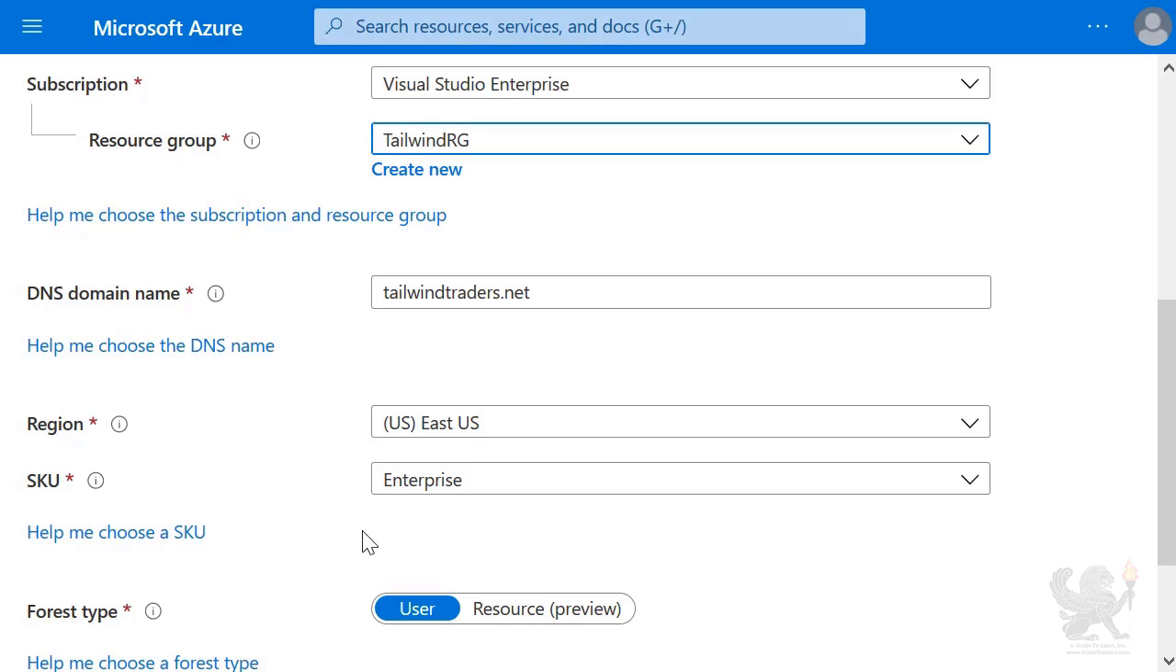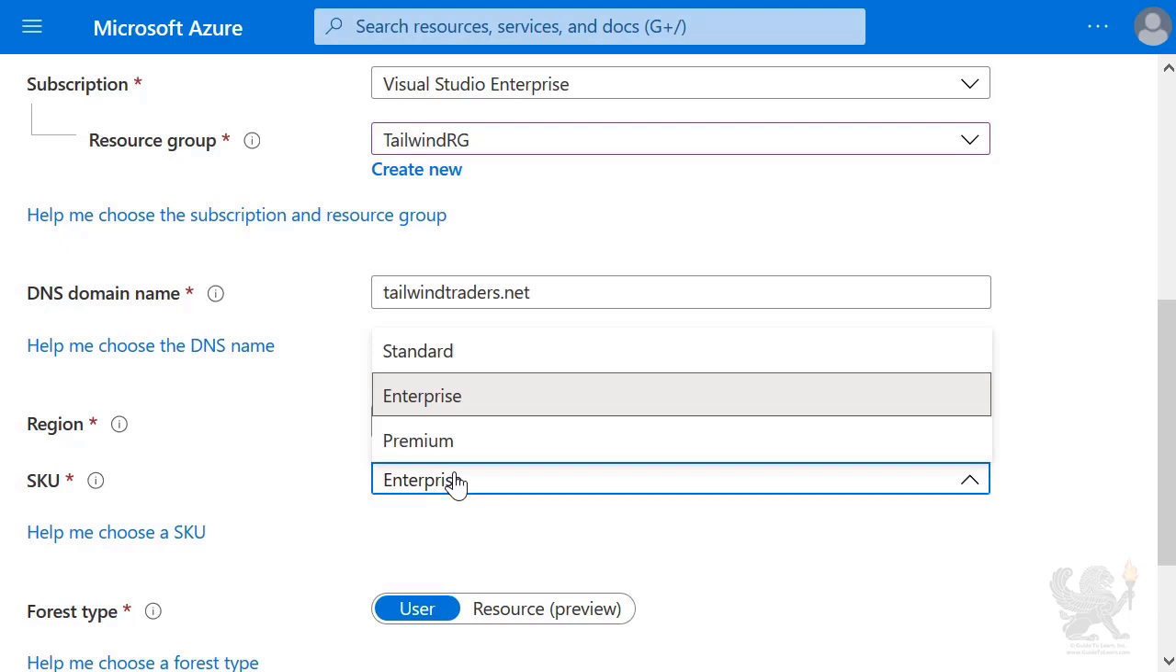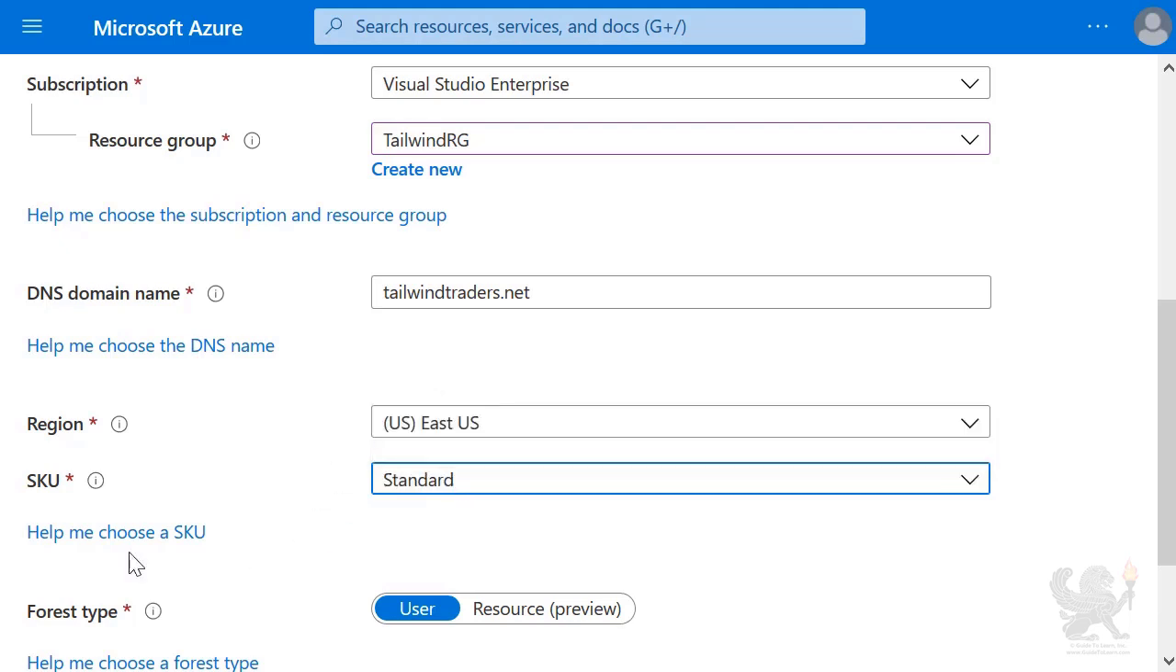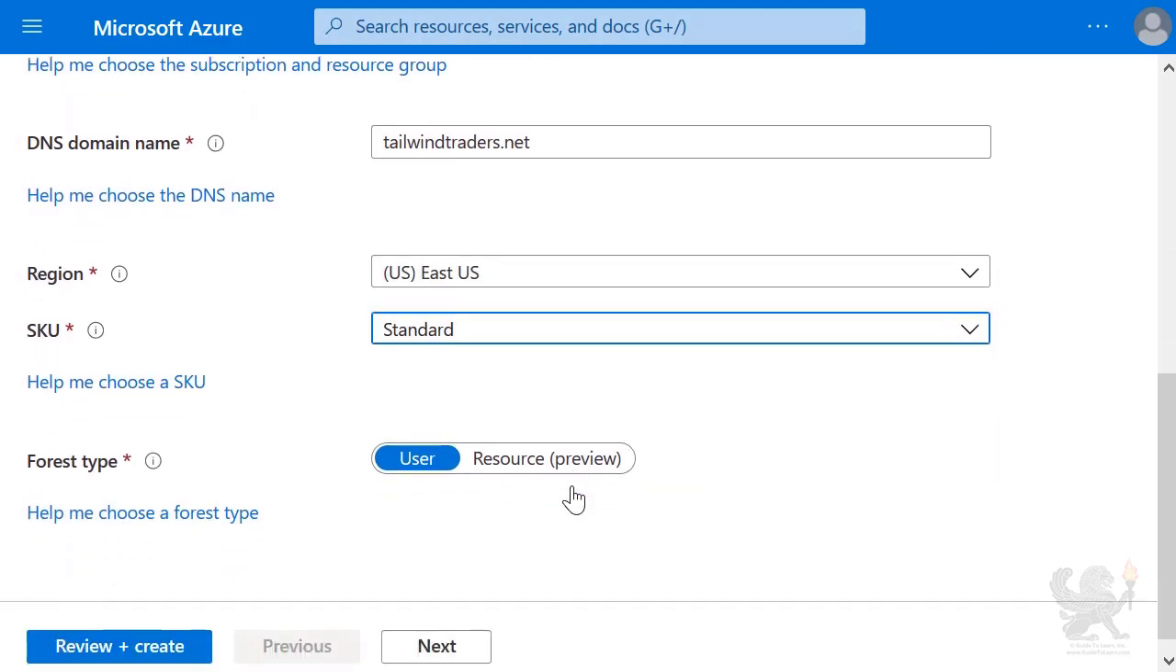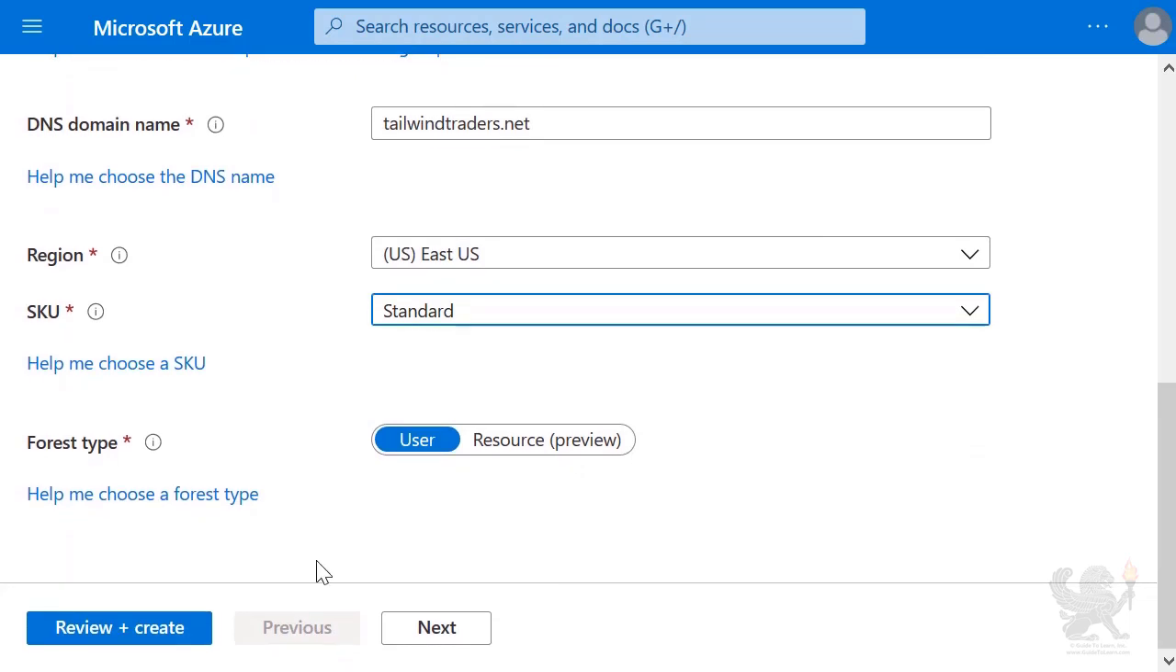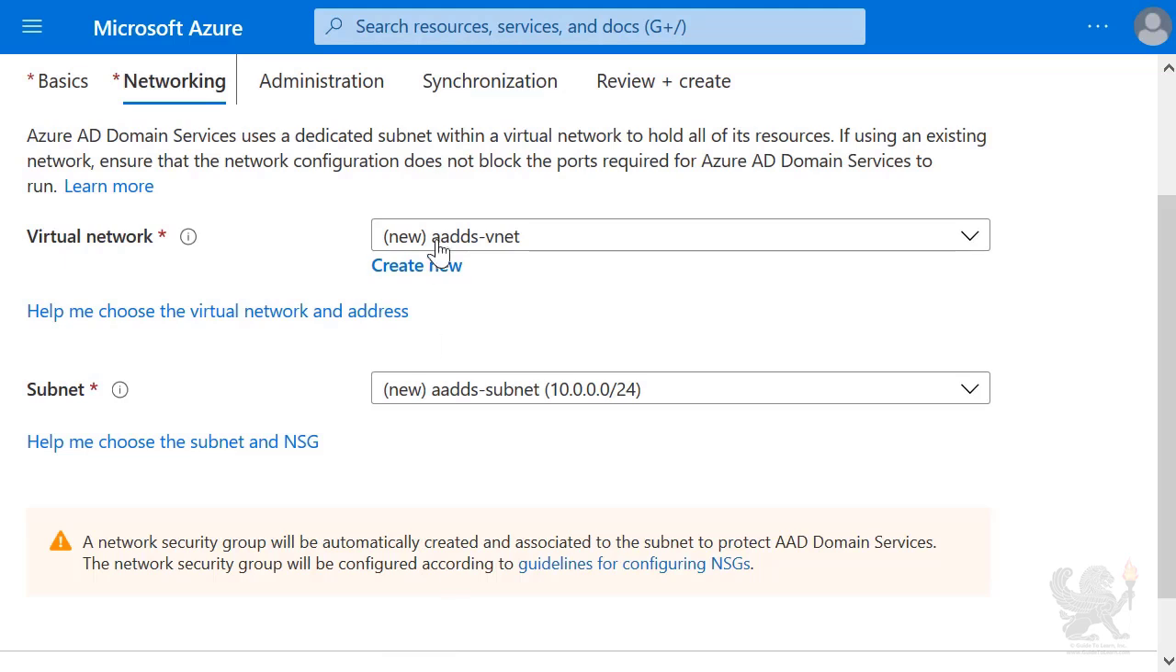The region will be East US. Here I will set the SKU to standard rather than the default of enterprise. The forest type is set to user rather than as a resource forest. I then select Next. The next step is on the networking page, and this allows me to configure a virtual